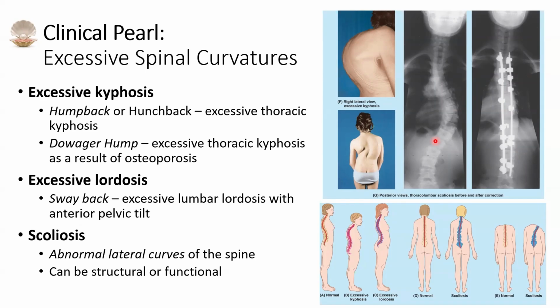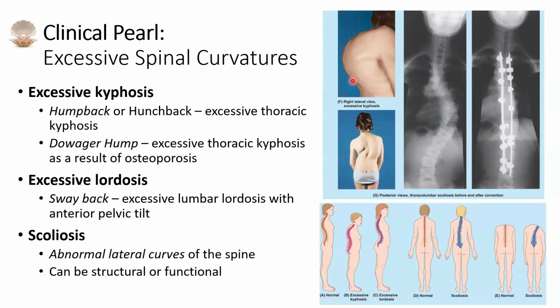So excessive kyphosis, often just called thoracic kyphosis, is where we see this. You can see that in this image here. Also called a humpback or hunchback, excessive thoracic kyphosis. In an elderly woman, typically, this excessive thoracic kyphosis is a result of osteoporosis. You sometimes will hear that called a dowager's hump. They're all talking about the same thing. It's an excessive thoracic kyphosis because remember, a healthy spine has a small degree of thoracic kyphosis, but this is very